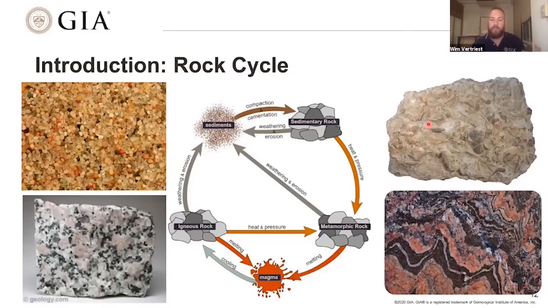When they're compacted together, they form a sedimentary rock. Now, if we bury these even deeper and we apply a lot of heat and pressure to it, we get what we call a metamorphic rock. So metamorphic rocks have often seen a very turbulent history, very dramatic changes in mineralogy because they've been subjected to